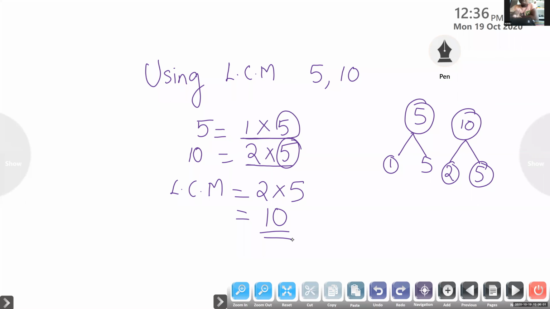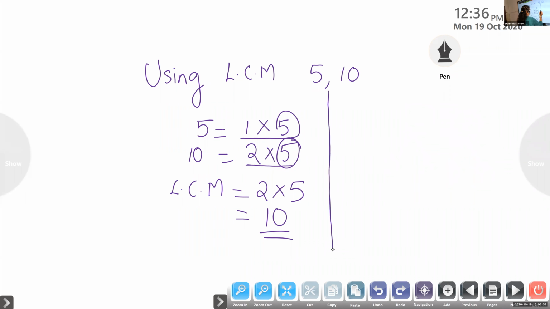Now we can use our old method to check whether our answer is correct. So we will write the multiples of 5. Can you tell me the multiplication table? Manu, please mute. I will ask Gautam. Yes, Gautam. Say the multiples of 5. 5, 10, 15, 20, 25, etc.